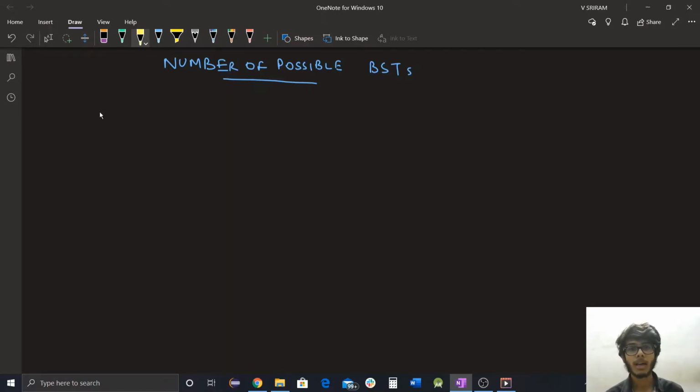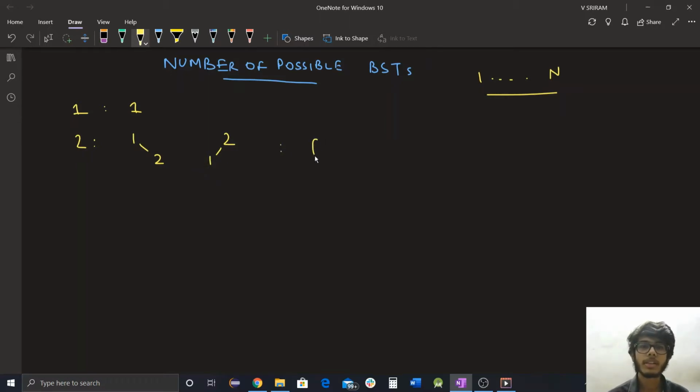We are back with another problem, and in this one we need to calculate the number of binary search trees that we can possibly construct from the numbers 1 to n. That is the first n natural numbers. So if the number we are given is 1, then obviously only one binary search tree is possible, that is 1 alone. And if we are given 2, then there are two possible binary search trees, and clearly the trees are 1 with 2 as its right child, and 2 with 1 as its left child.